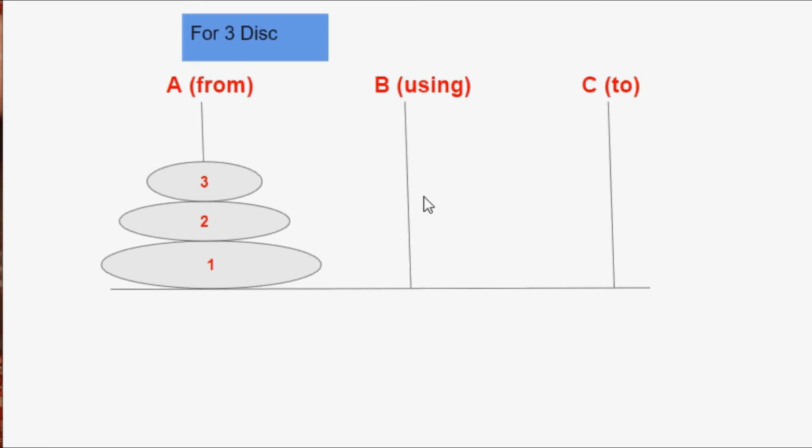Now can you just imagine that previous case in which we were dealing with two disks? In order to make a transfer where we have two disks, we were making use of that auxiliary tar. So I am not going to explain that case again here. The step that I am going to write is move two disks from A to B using C. We are going to follow the same rule.